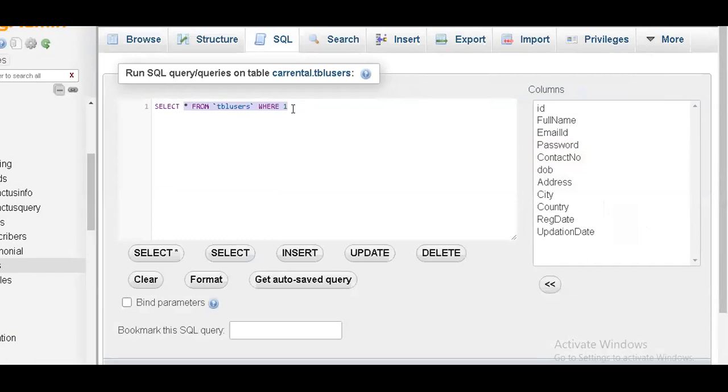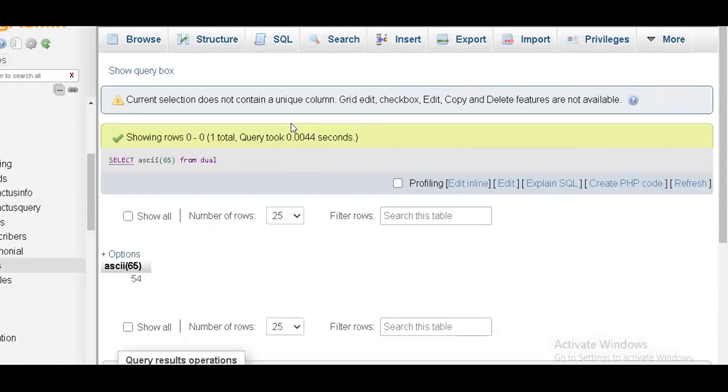For that, I'm using something called ASCII. I'll say ASCII of 64 or 65, something like this, from dual. It should give me the value.